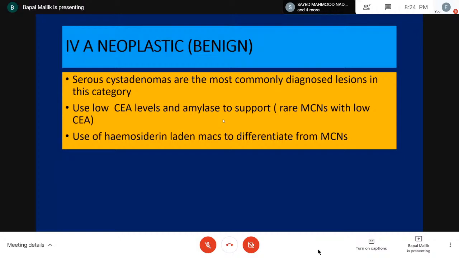I told you that 50% of mucinous cystic neoplasms do not show clearly grossly visible mucin or even microscopically visible mucin where you are absolutely certain. So it is the differentiation between those grossly mucin-poor mucinous cystic neoplasms and serous cystadenomas where, if you find hemosiderin-laden macrophages, it is believed that in the walls of these serous cystadenomas there are blood vessels. I told you they can be hypervascular, they bleed, and there is a lot of hemosiderin. So that hemosiderin comes into the cyst fluid. So when you differentiate between these two, hemosiderin-laden macrophages can be of help in supporting a diagnosis of serous cystadenoma.